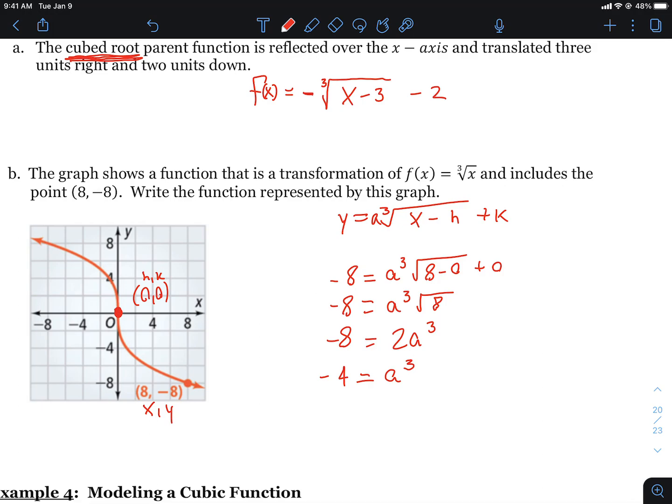I think I messed something up here. Oh, I cubed, okay, right there. I already cube rooted it right there. I don't need that cube there. My bad. So that actually just tells us a is -4 right there. And once you get that, you can plug back in. a is -4, and you can